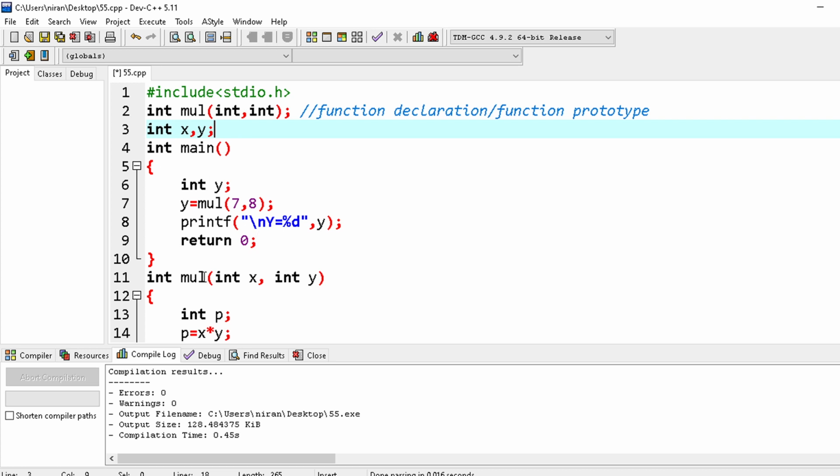If you see here, this is a function. We will discuss that main is nothing but a system-declared user defined function. So the x and y variables are declared above all the functions. In our previous programs we declared variables inside the main function. But here, if you declare a variable globally, above the main function, it is treated as a global variable.